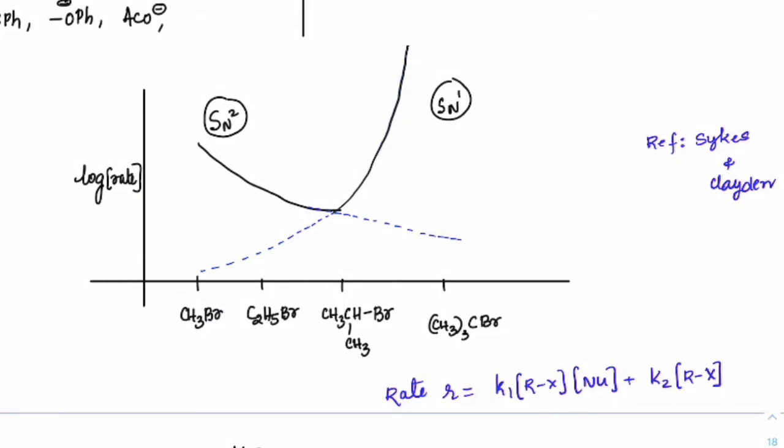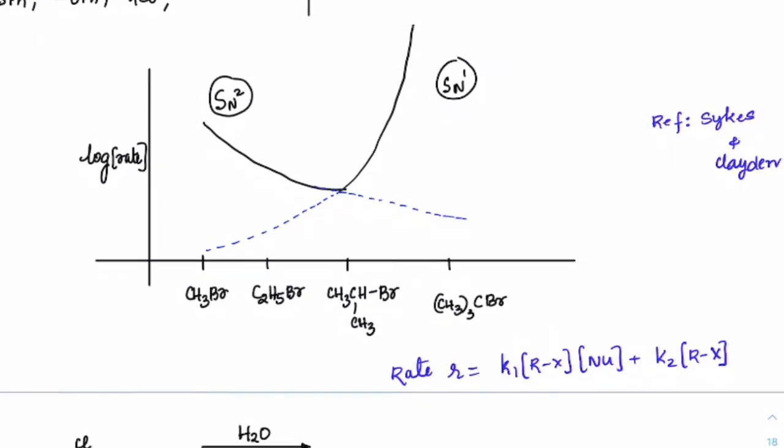SN1 would always have a much higher rate. What I meant to say is, suppose you take a tertiary alkyl halide and react that with water, then the rate at which it reacts, suppose it is making 100 moles per second, product is becoming 100 moles per second. At the same time, a primary alkyl halide may not show that much, it may be less. So in general, you can always say SN1 reactions are much faster as compared to SN2 reactions. That is an important thing we can draw out of that graph.